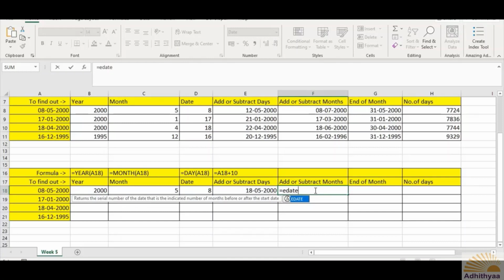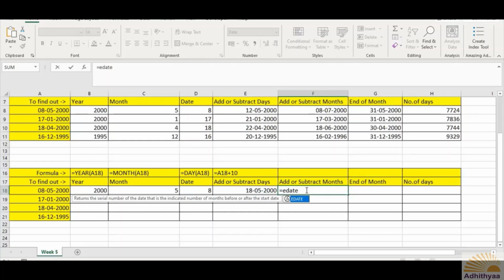If you see very carefully, it returns the serial number of the date that is the indicated number of months before or after the set date.